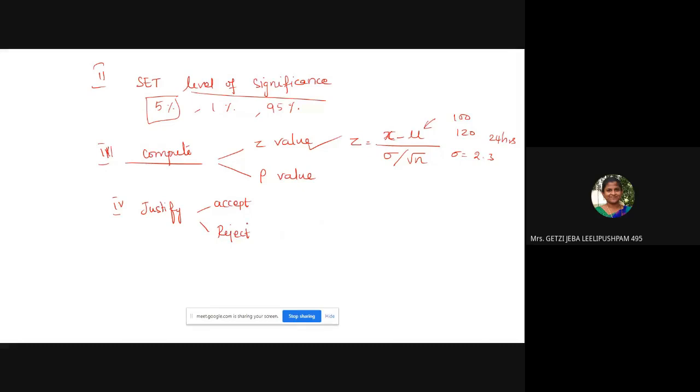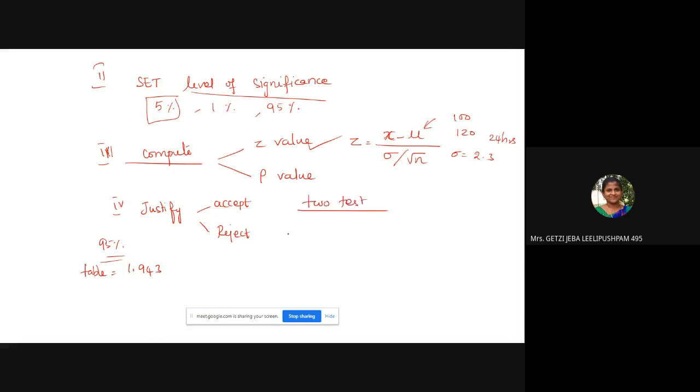For example, for 95%, the Z value is 1.943. This is very common; you would have experienced this in your probability mathematics. You will take a small table along with you for the exam. So when you refer to the table for 95%, it is 1.943. There are two tests that we do.